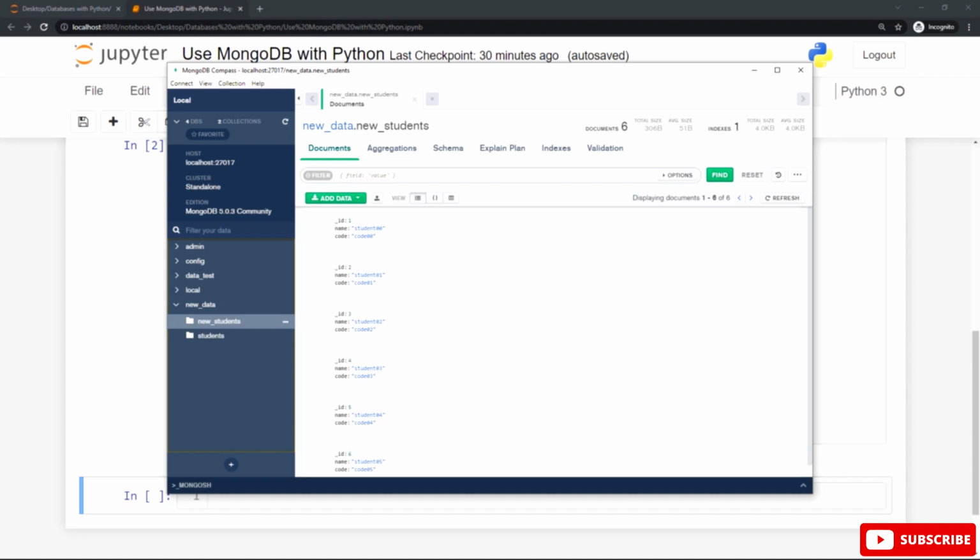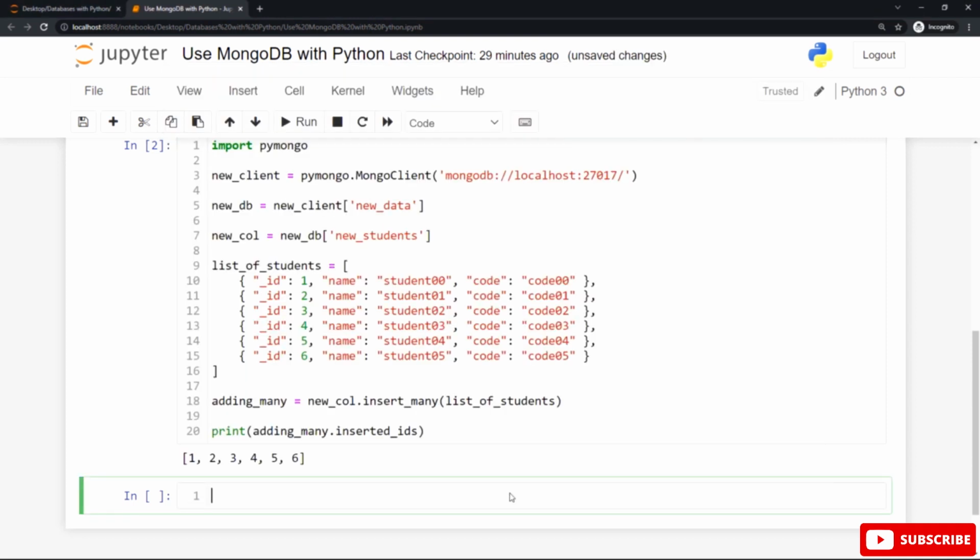Now let's summarize our example. First of all, import the PyMongo library in Python, then create the client object by using the MongoClient object in MongoDB to create a connection to our MongoDB server, then create a database by using the variable name that refers to this connection.